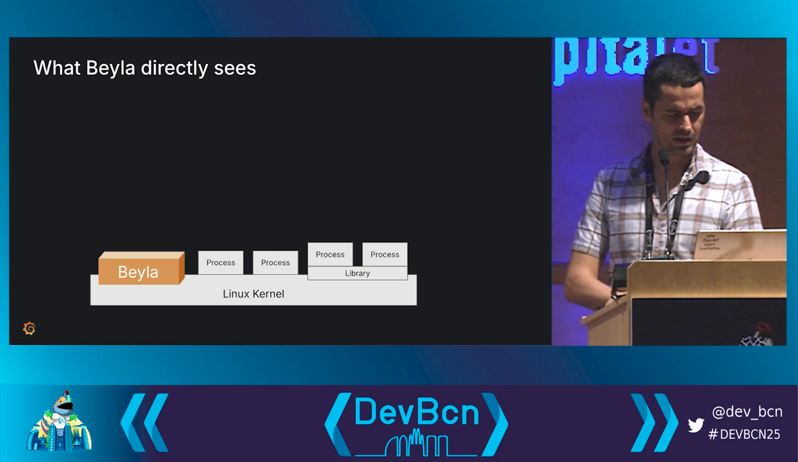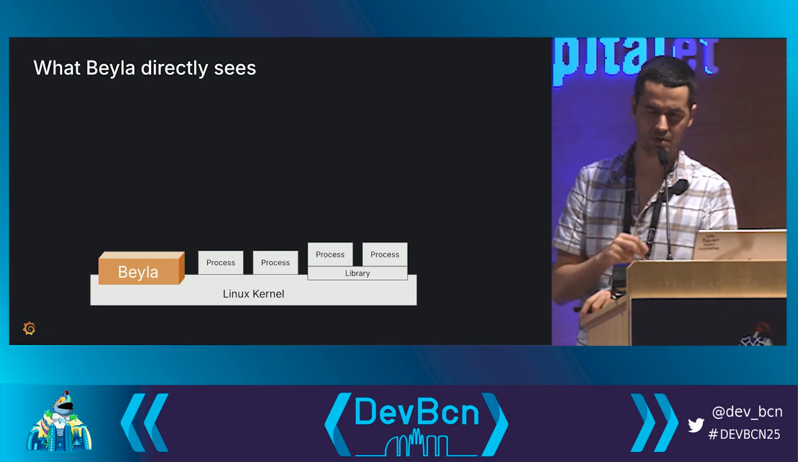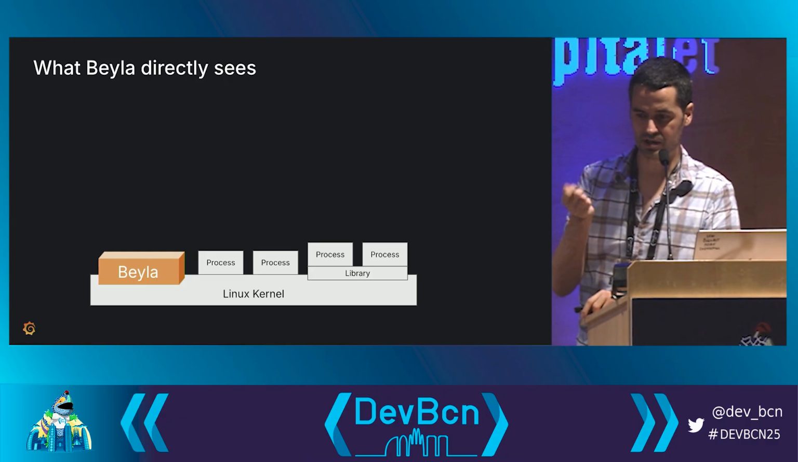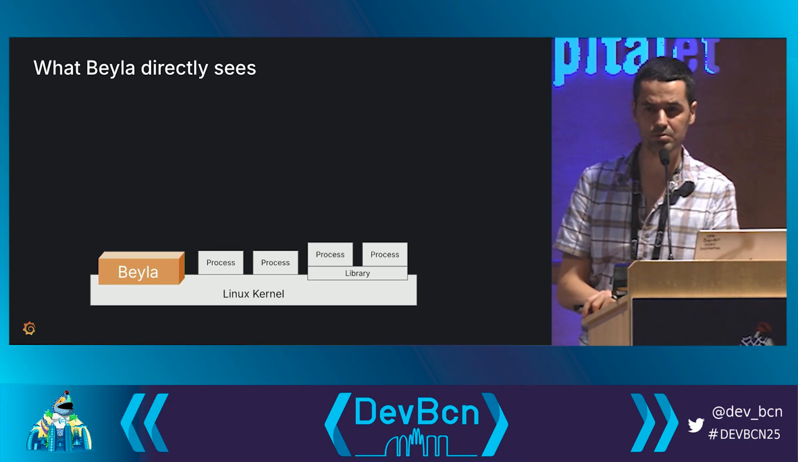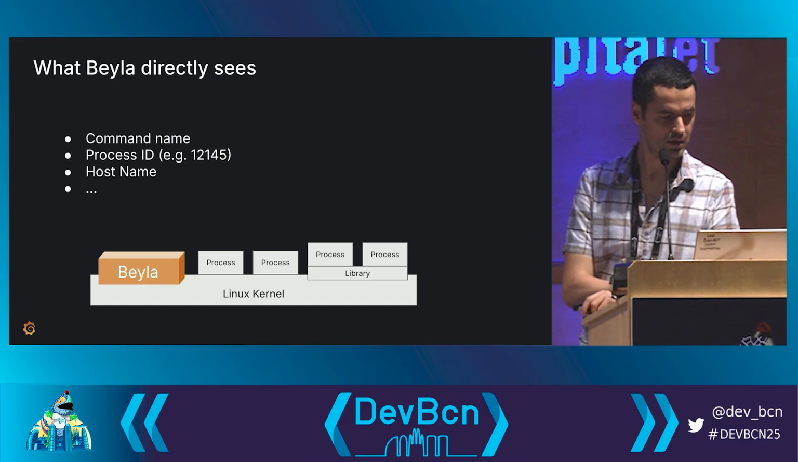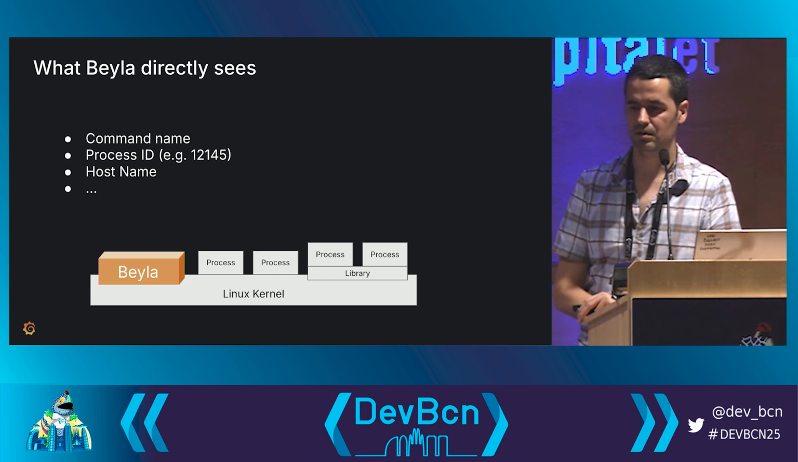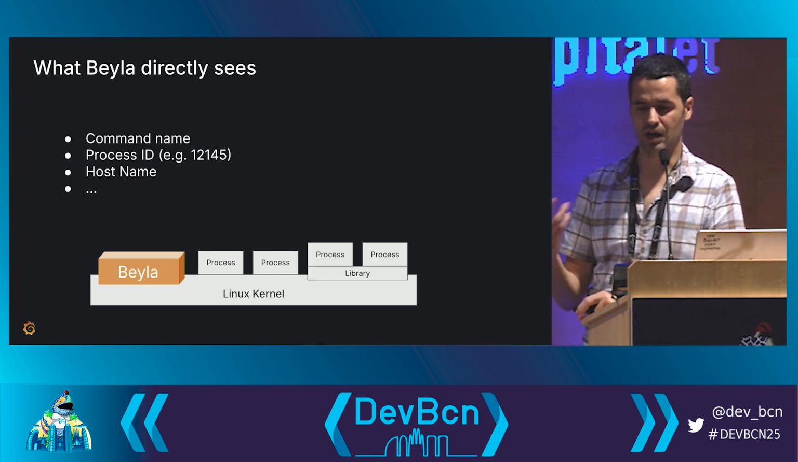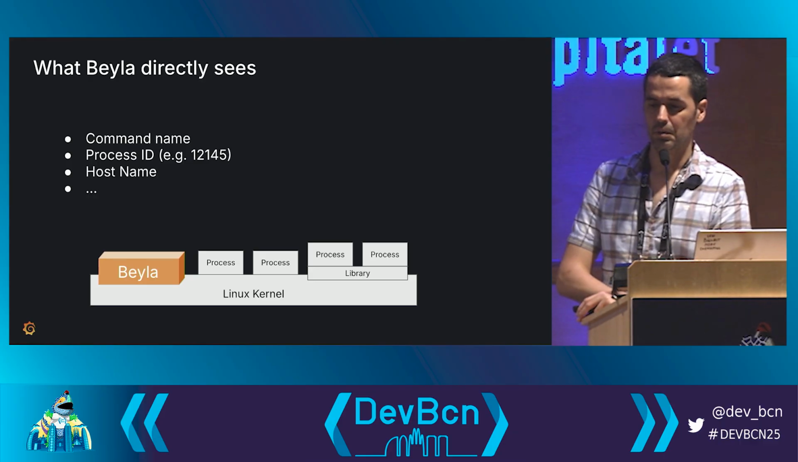The problem is that Beyla, being a regular host process listening to the kernel, directly sees everything running in your Kubernetes node. It sees it as a bunch of processes, and what can we know about a process? The command name, which is often Python or Java, the process ID, which is a number, or even the host name of that node. But